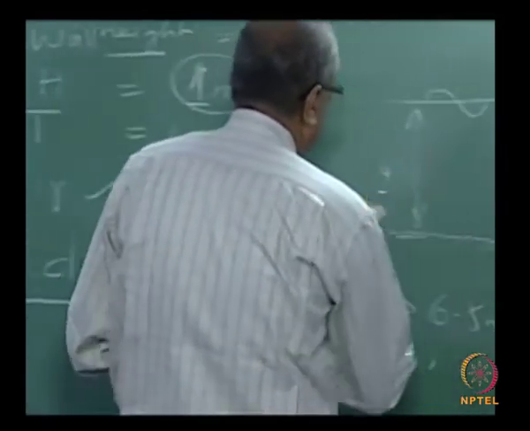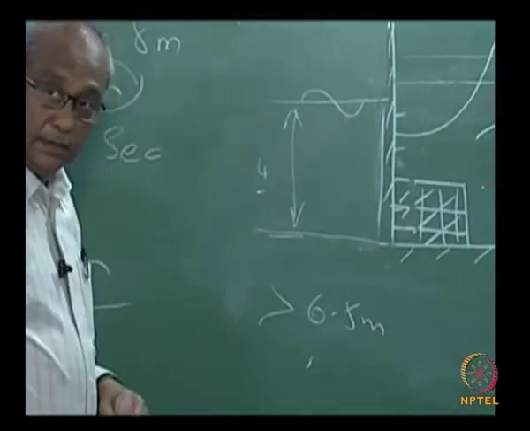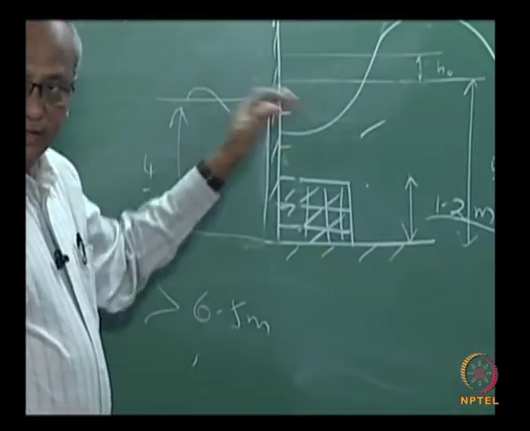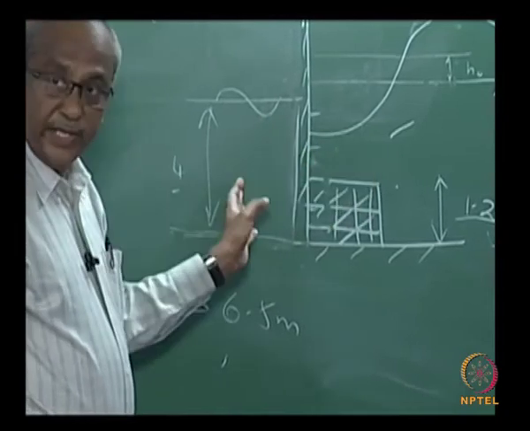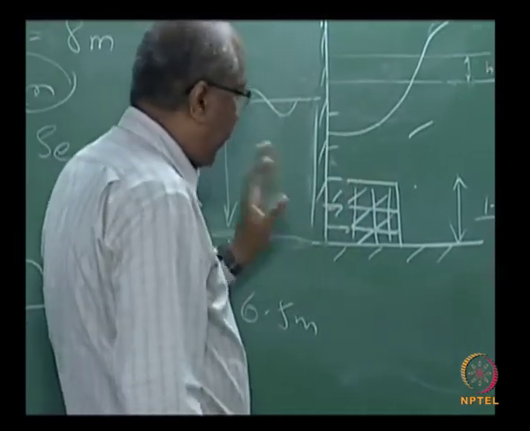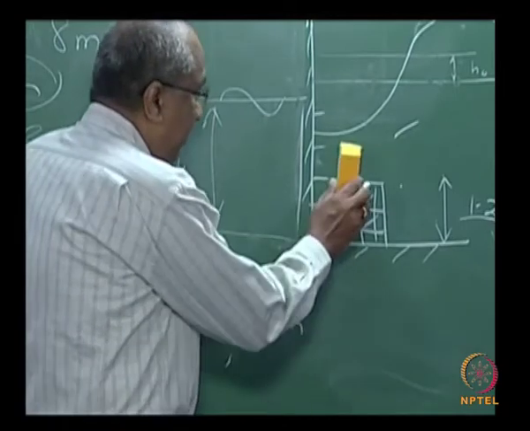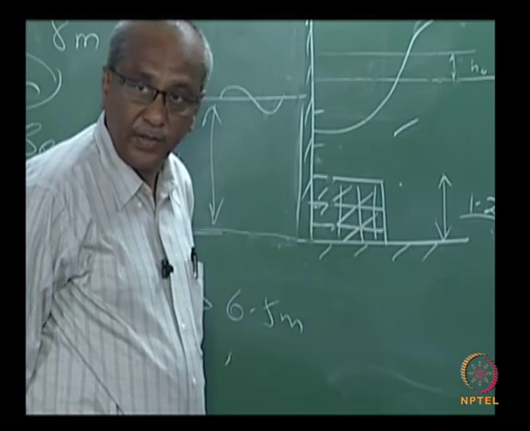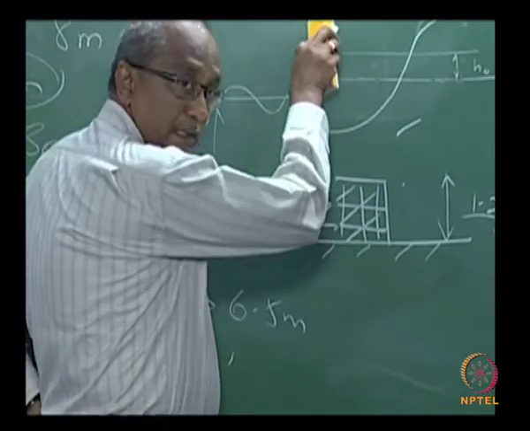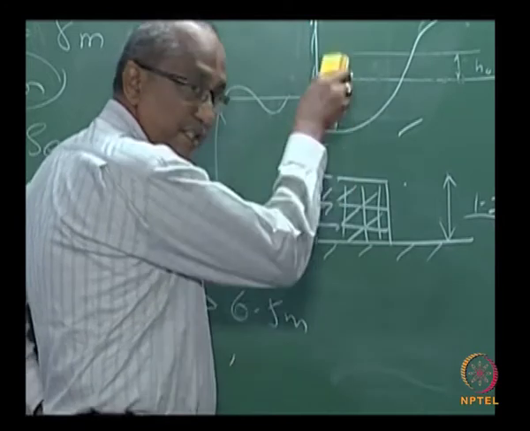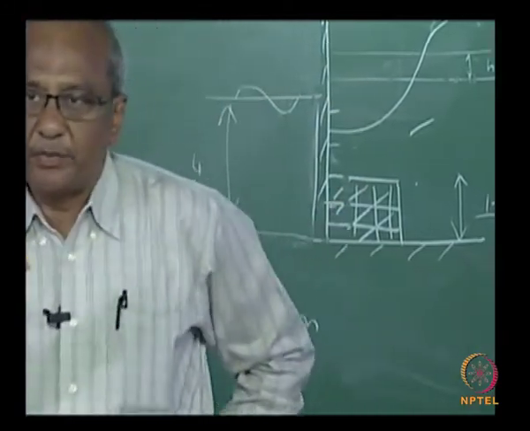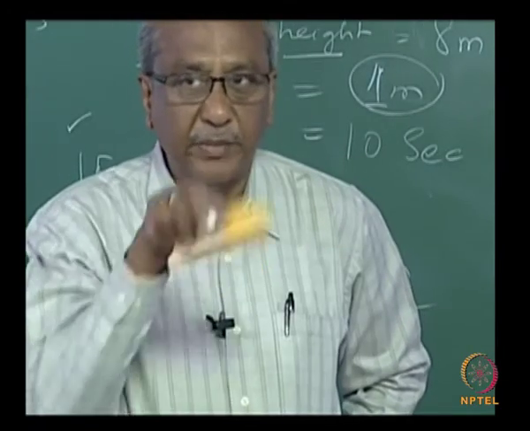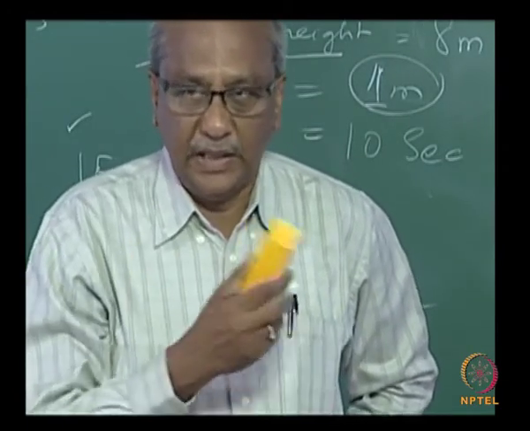The other situation is that, what are the other kinds of situation? So again here you consider when the crest is on this side, trough is on this side, so there are different combinations now. So when you have this kind of situation, you have to make sure that a trough is here. When the trough is here, there is a reduction of force, it will not be the same as that due to non-breaking waves, because you are having a submerged structure. How much is the reduction?